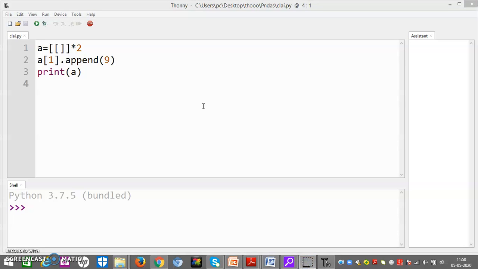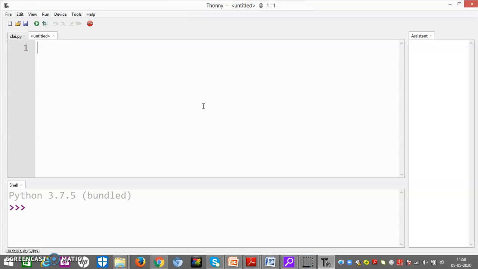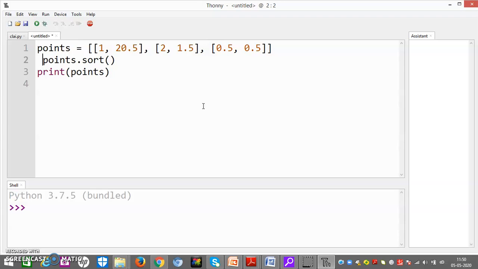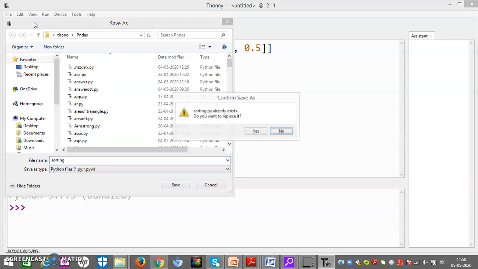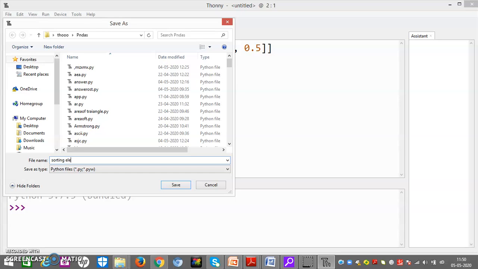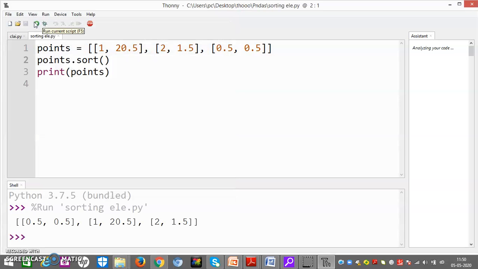Now what we have to do is just paste the program here. Now points.sort is used to sort the elements. It is already sorted, so no sorting is needed. Just look at them.